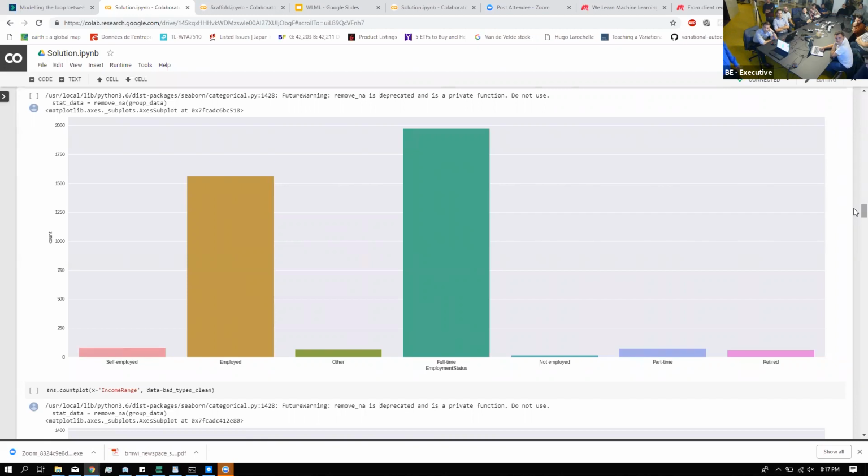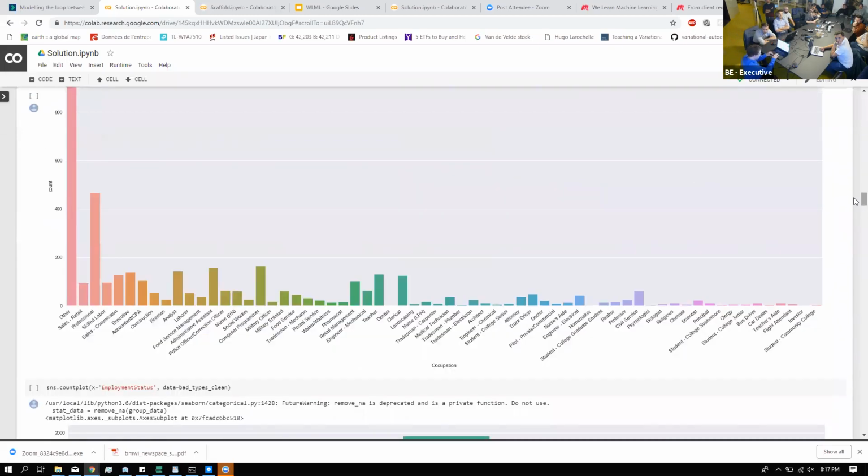For every one of these values, we're just gonna create a separate feature that says whether they are this or not. So it's gonna be a binary feature, full-time employment, which is gonna evaluate to true or false. If it's true, it means that this particular person that took this particular loan is full-time employed. And last, sorry guys,